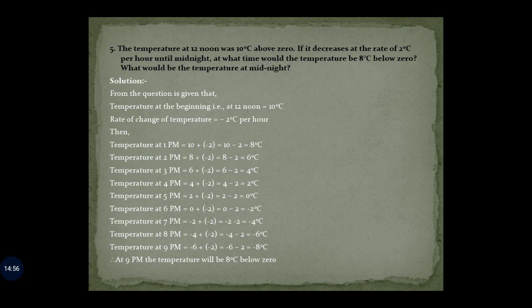in negative form. Fifth one. The temperature at 12 noon was 10 degrees above zero. If it decreases at the rate of 2 degrees Celsius per hour until midnight, at what time would the temperature be 8 degrees Celsius below zero? What would be the temperature at midnight? Solution for this problem